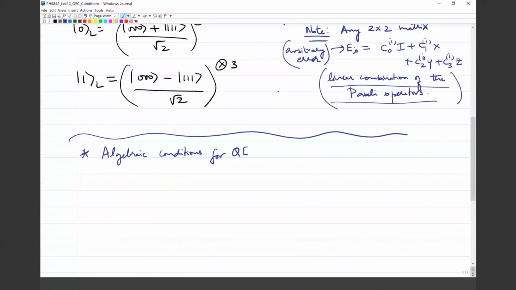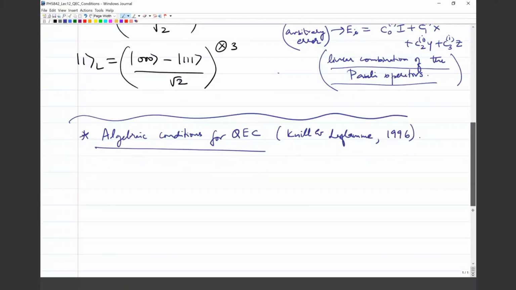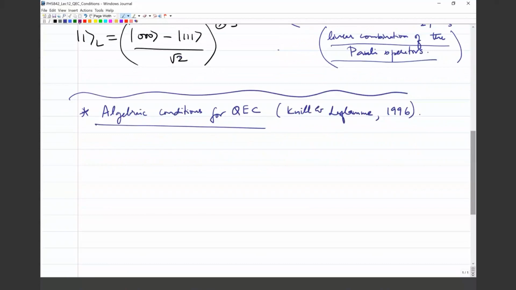These conditions were due to Knill and Laflamme. This is a paper, I think, in 96, if I'm not mistaken, but you can go check. Nielsen Chuang has the references. But before I write down these algebraic conditions, I want to list what characterizes a QEC protocol. So a QEC protocol or an error correction procedure is characterized